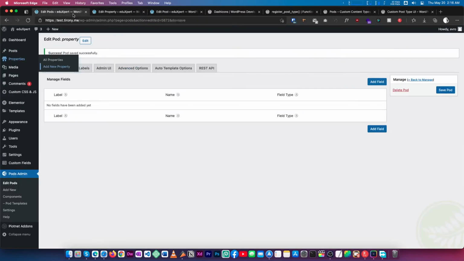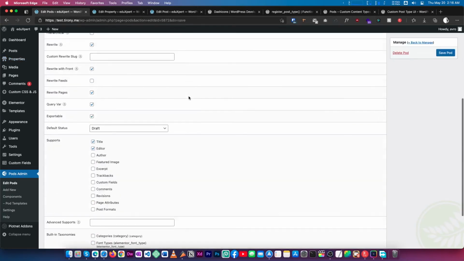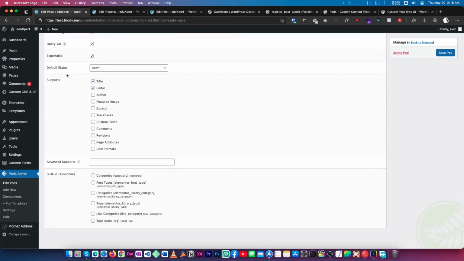Yeah, that is also very easy. We have to go to this advanced options and scroll down to the bottom. Under supports, as you can see, we have all these options available in here. In our case, we need to check this featured image. As you can see, we also have post format, page attributes, revision, comments, etc. So we just want this feature image. So let's set this,